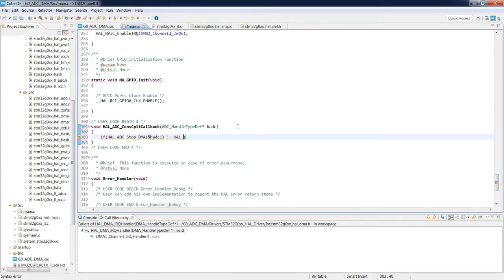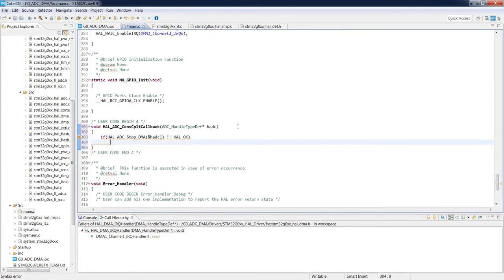I'm checking whether this function is properly executed. If not, I will call error handler. Okay, so this will give us only the option to early stop the ADC operations once the buffer is full.